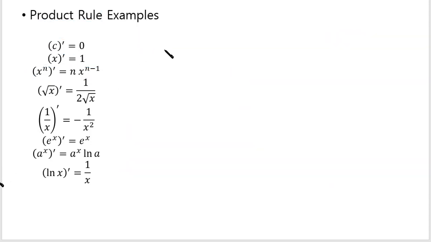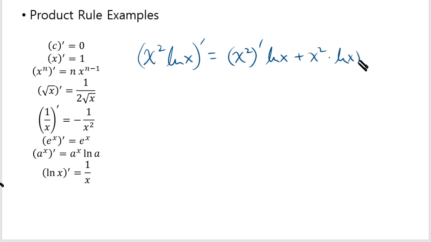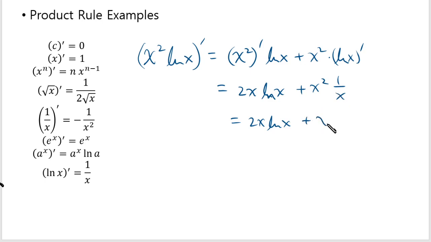Okay, last simple one. Here's x squared times ln of x. Okay, what's the derivative? Product rule says differentiate, and then differentiate the other one. x squared differentiates to 2x, and ln x differentiates to 1 over x. So that's 2x ln of x, and then x squared divided by x is just x, right? So that is